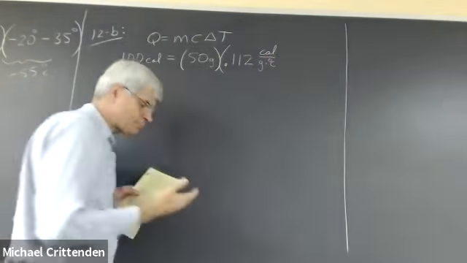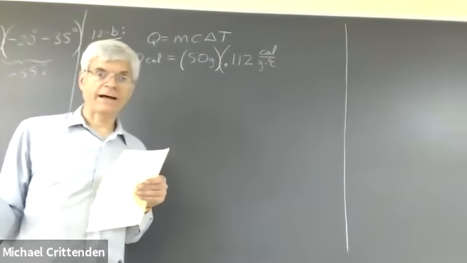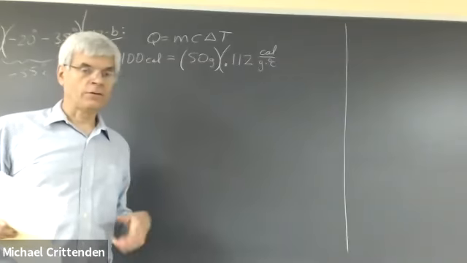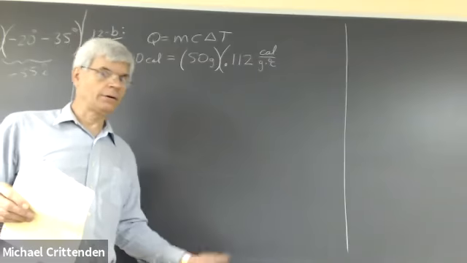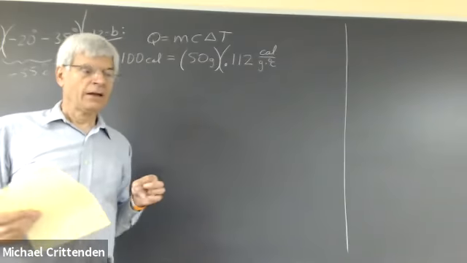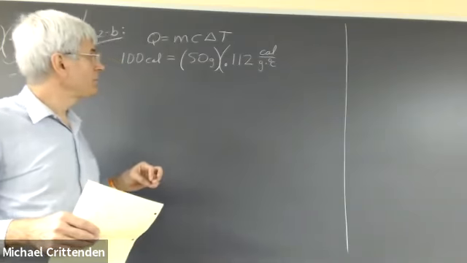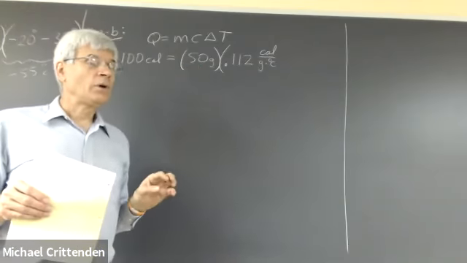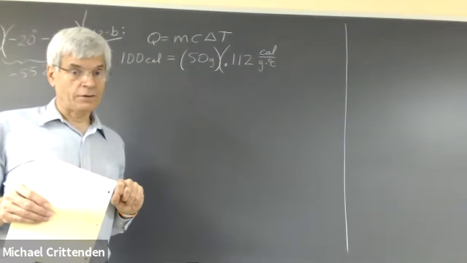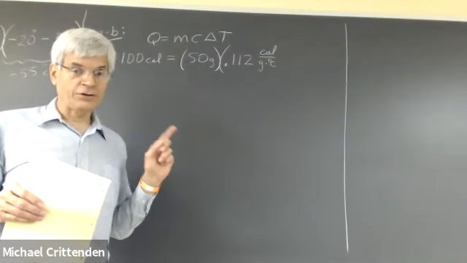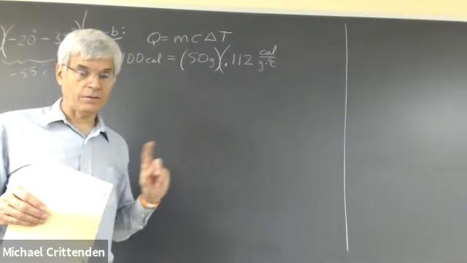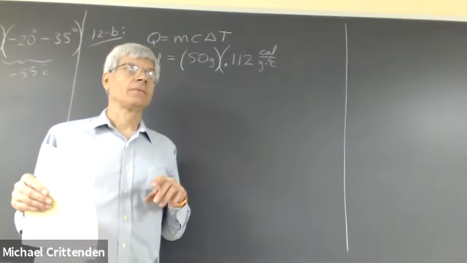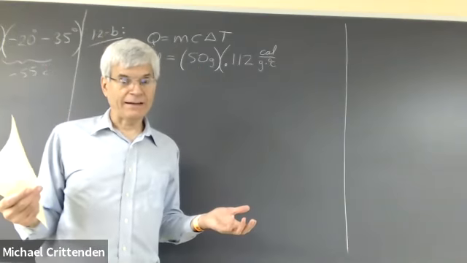Now, one question somebody might have is, wait a minute, he's been telling us over and over and over since the beginning of the course to convert grams to kilograms, but now he's leaving it in grams? Well, what I've really been telling you over and over since the beginning of the course is that your units have to be consistent with each other. And since the SI system is based on the kilogram,